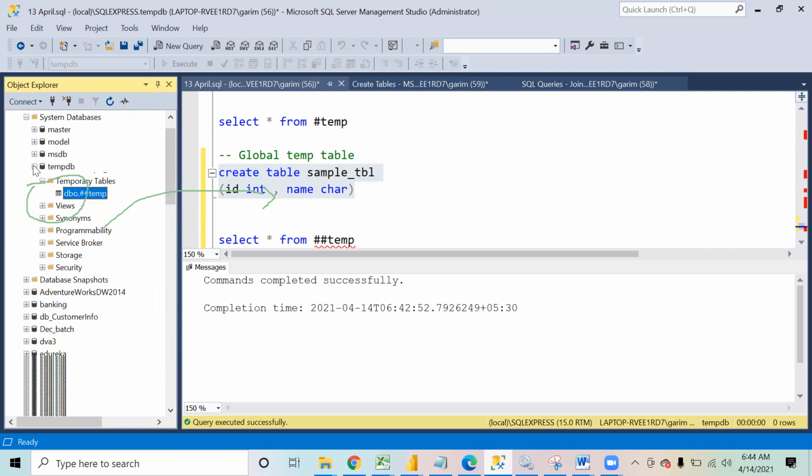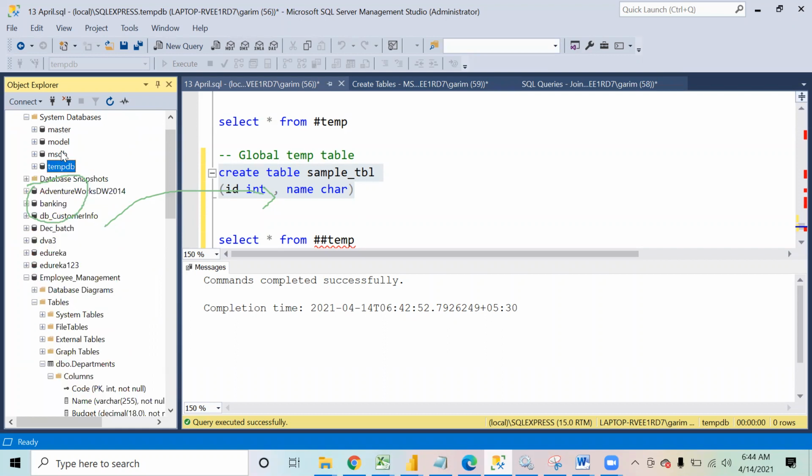Right now, if you see these four databases over here, these are system databases. These are created by the SQL Server itself, and are required for its functioning. Right? Master database has all the data related to how the database is being managed, how the data is being stored, and all the queries that we write, all their logic is written over here. So technically, we never use these databases to store any of our project related data.